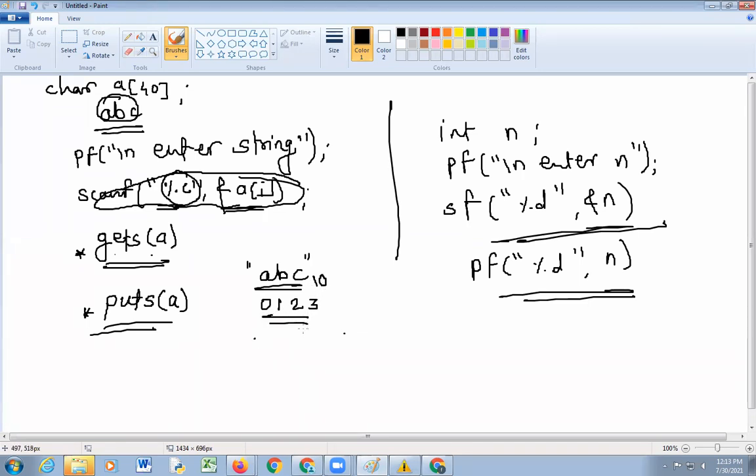There is only one difference between a character array and a numerical array. In a numerical array there is no \0, but in a character array there is \0. Did you get it? Yes, sir.